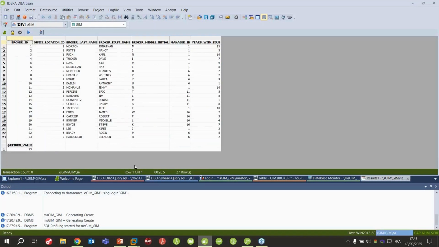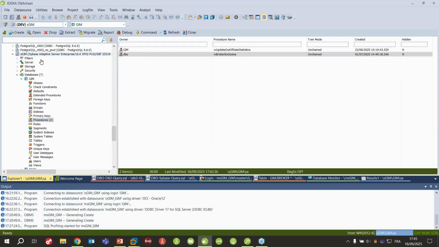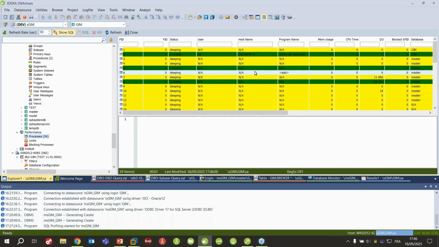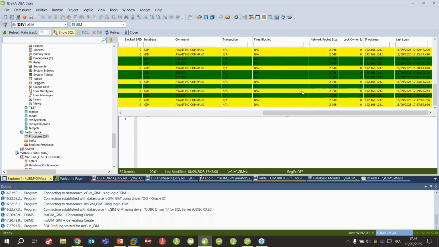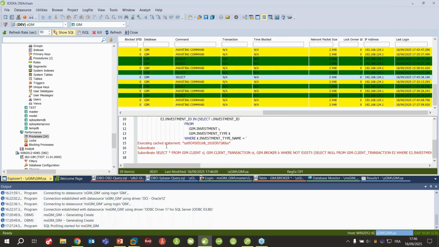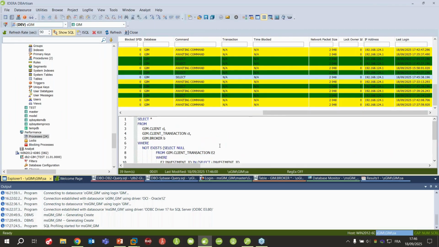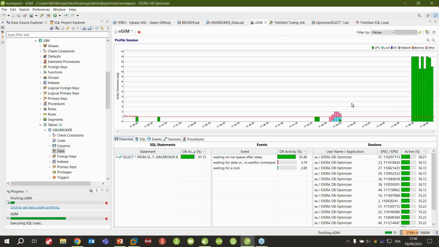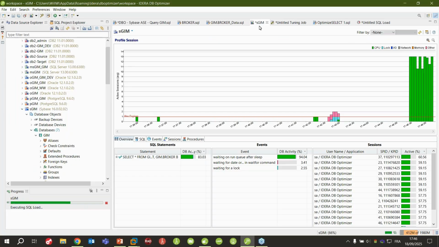that are currently run. If I navigate back to my Sybase on my process, we will see the DB Optimizer that are currently running on my database. From here, yes, the select, and okay, we can see directly the query that is running. So that's it, so it was on Sybase, and like I said, we can do exactly the same on the different platform. So I have just stopped this profiling session.